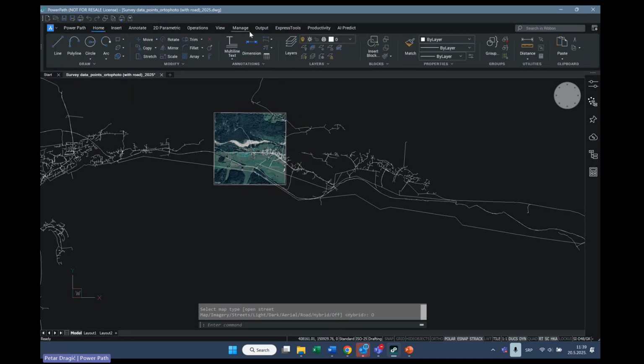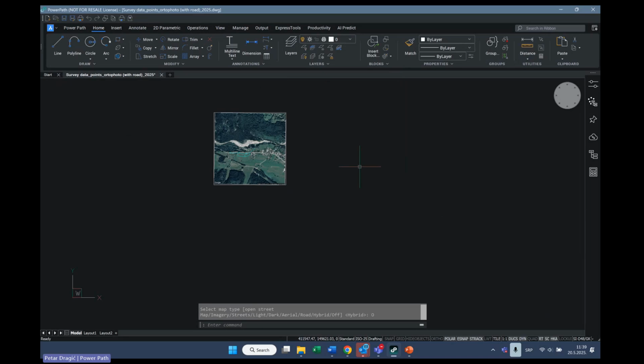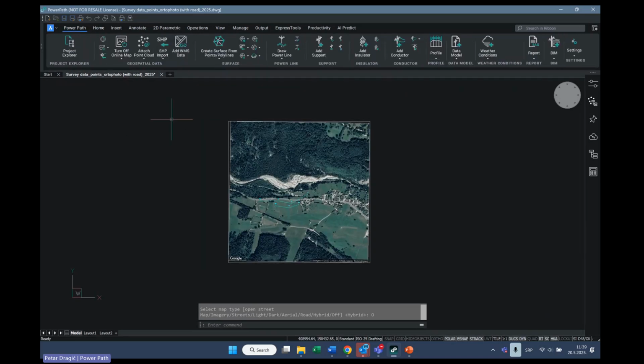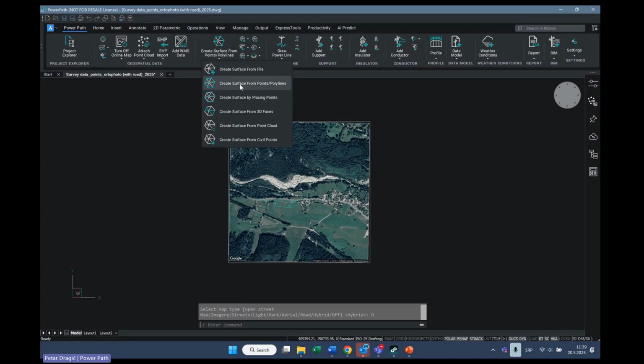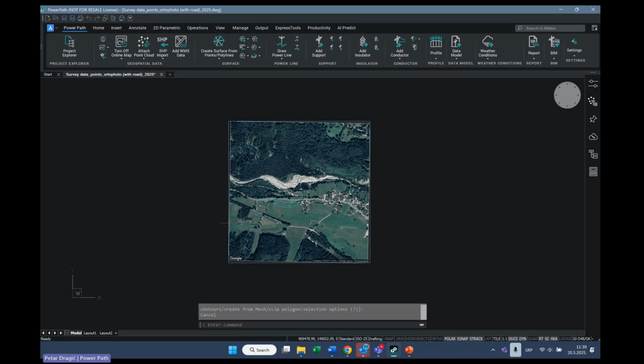Okay, let's go here on layout because I want to turn off just the layer for my GIS data, because now I want to just quickly show you a new feature for surface. What is new now when you want to create a surface from existing entities in your drawing is that we're supporting creating a surface from contours and also from mesh. Polyface mesh is also supported. As you can see, creating a surface from entities in the drawing is now expanded with new features.